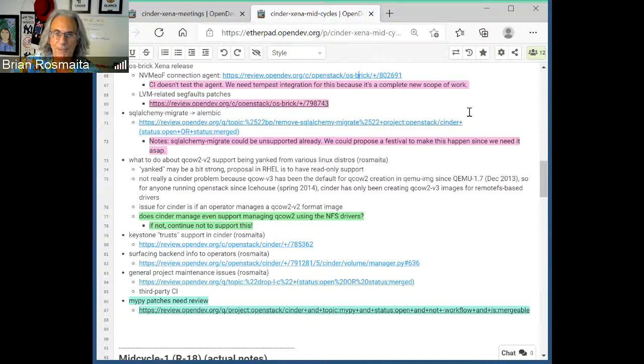Anyway, okay. I don't even know why I wanted to bring this up. But anyway, if anyone's really interested in trusts, or if their cloud is seeing this problem, I want to bring it to your attention. But otherwise, I still want to focus on the service token way to handle this, not using trusts.